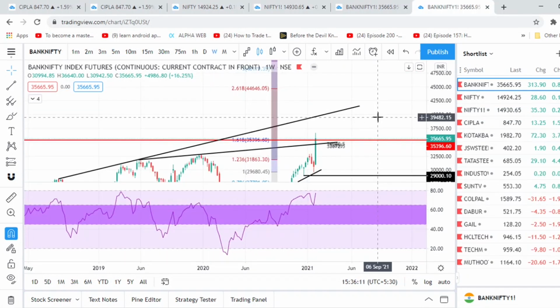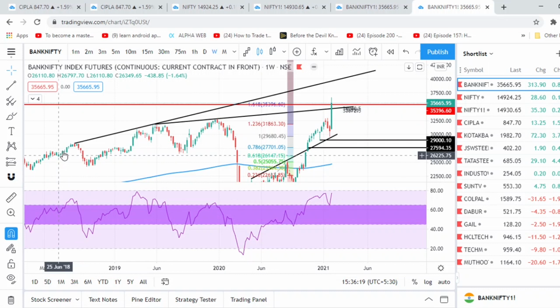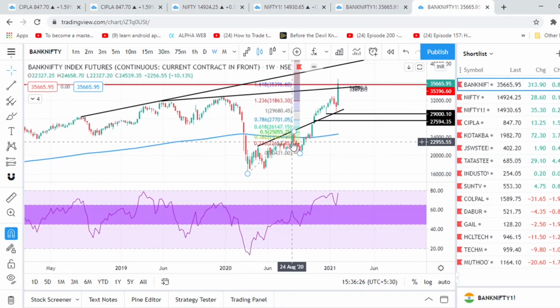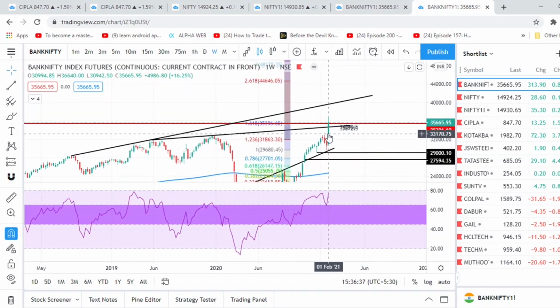Next is Bank Nifty. I have drawn the weekly rising trend line for the resistance. This resistance is already breached, and I have also drawn another rising trend line, and also projected the Fibonacci levels. In the Fibonacci level, we have a resistance around 35,400 level, and the Bank Nifty has already closed above it. So if the high of this weekly candle is breached, then we may see the target of